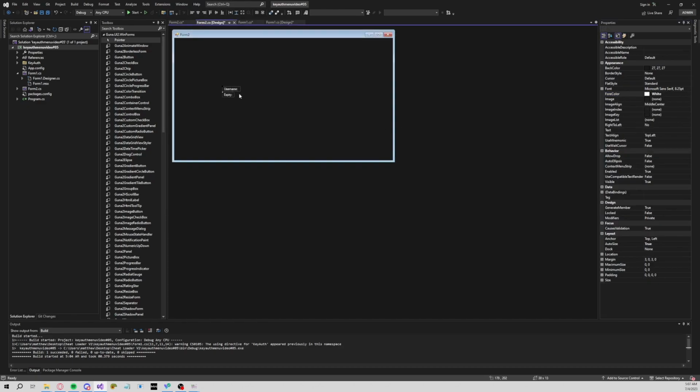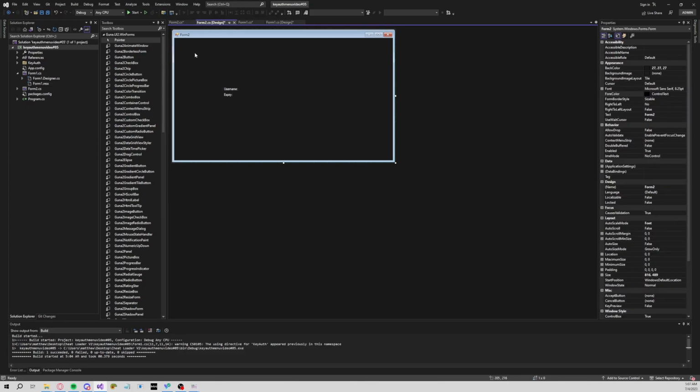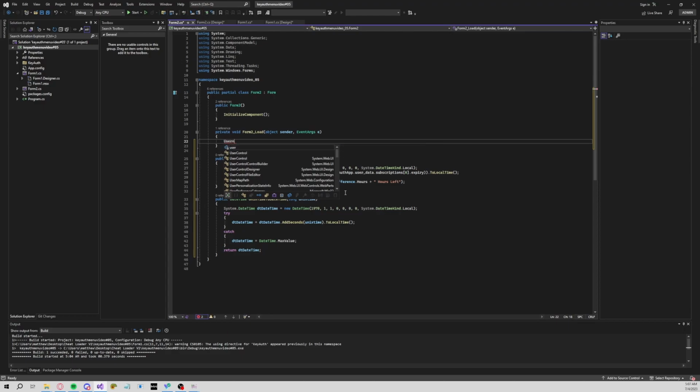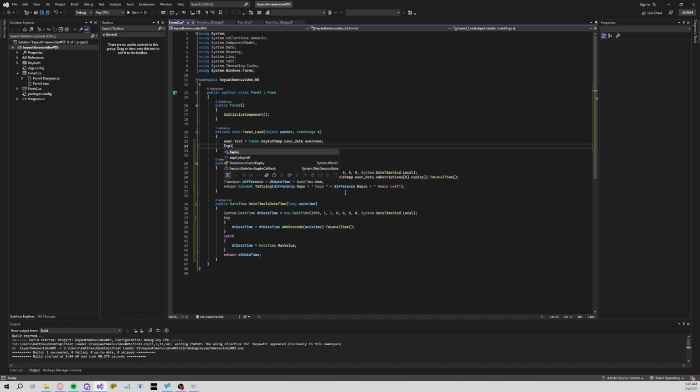Okay, do these have the design name? Yes. Okay, so now here you want to do login, or actually no, form 1, and up here in form 2 load you want to do username or user dot text equals KeyAuth. Not KeyAuth app, because it's on a different form. So form 1 dot KeyAuth app dot user data dot username,